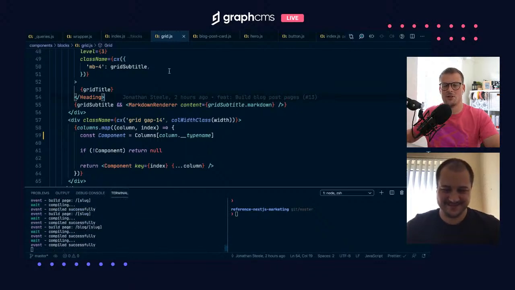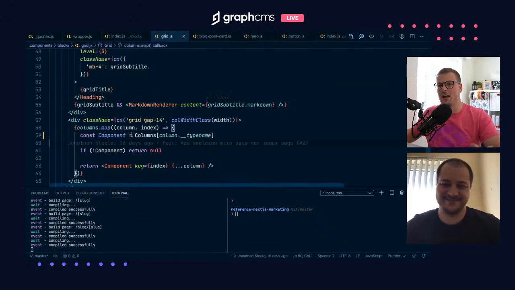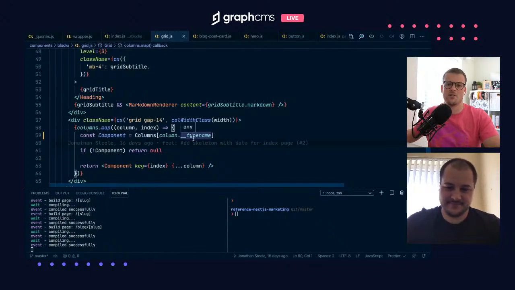That should have reloaded. So if I remove that line now, this grid will only look up for components that resolve to the type name. So in theory, it's going to look for